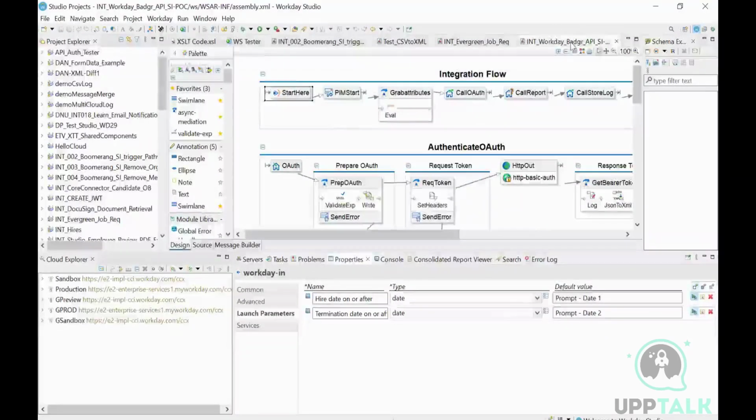Here, you see this particular studio integration where we have two different date parameters. One is hired date on or after and termination date on or after. That means I want to fetch the employees who got hired after a certain date, and similarly employees who were terminated on or after a certain date. So if I show you this particular integration from the tenant level,